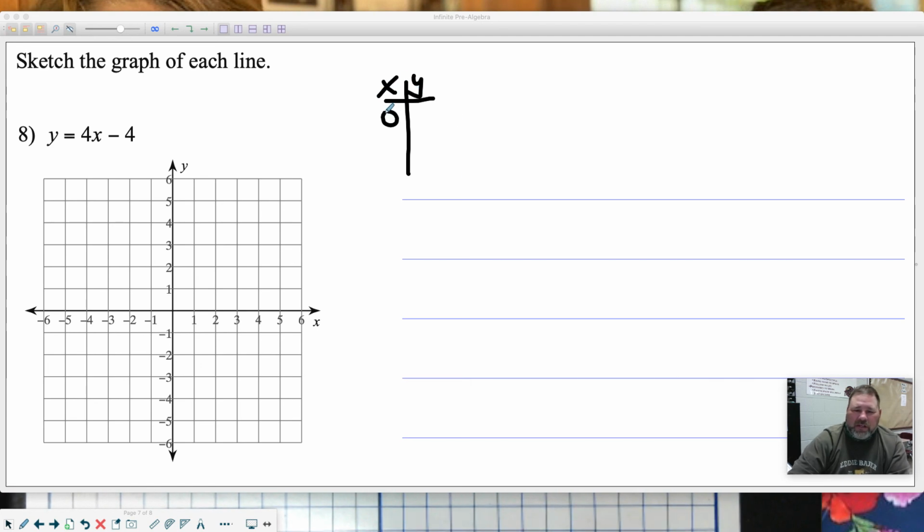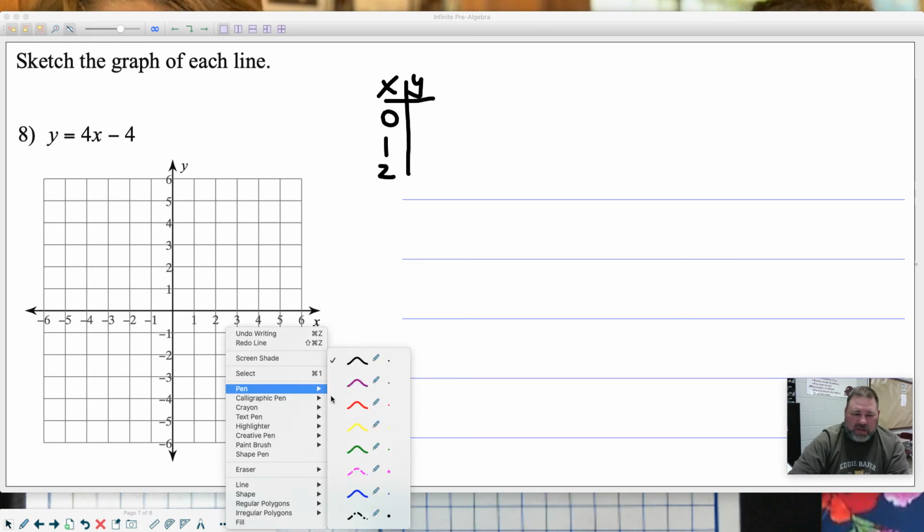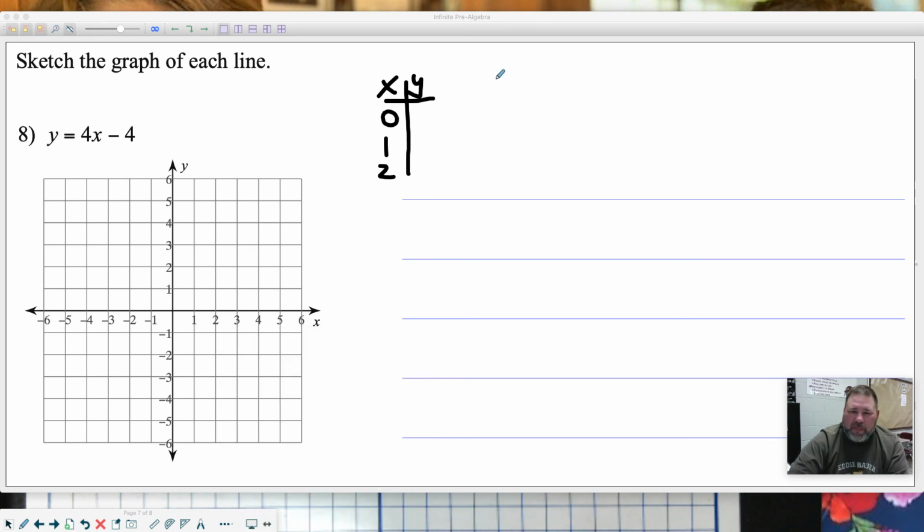All right, so 0, 1, and 2 are going to be our friends. So here we go. Plug them in one at a time. So y is equal to 4. Now remember, that's 4 times whatever x is. We're plugging in 0, aren't we? So when x is 0, y is equal to